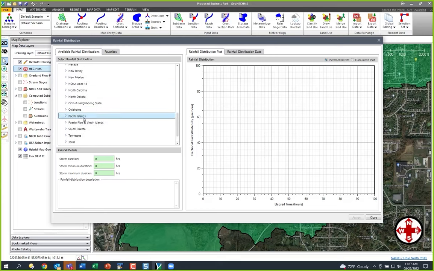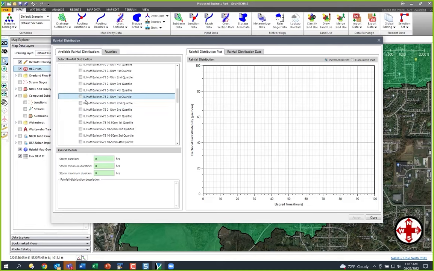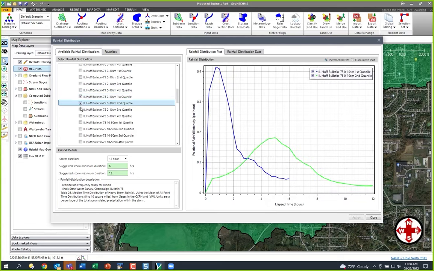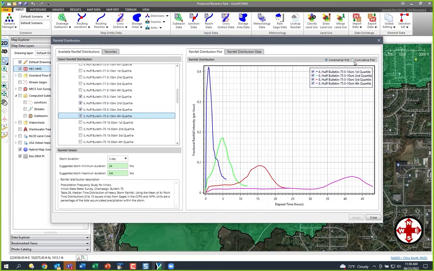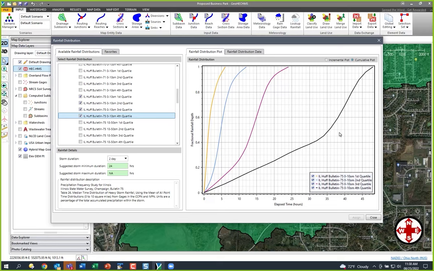But in Illinois, for example, Illinois is kind of weird. They have this Huff distribution. So they have something called a first quartile, second quartile, third quartile, fourth quartile. Basically, they're different types of storm curves. So whatever storm curves are available that we're aware of, we put in the software so it does it automatically. You can do this in HEC-HMS, but you have to do all this manually. We said, screw it, let's just put it in there so it's automatic. A lot of times the municipalities will have that. So if you're working in Butte and they have a specific storm distribution that we don't have, let us know. We'll stick it in there.